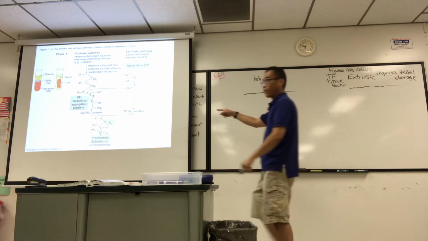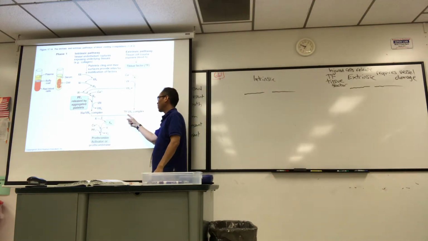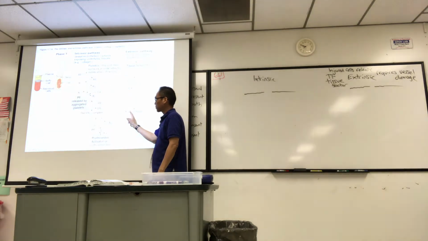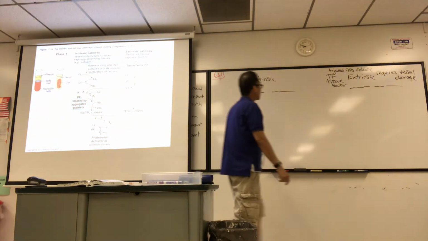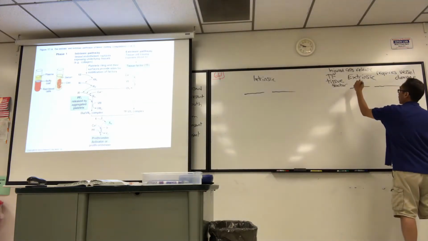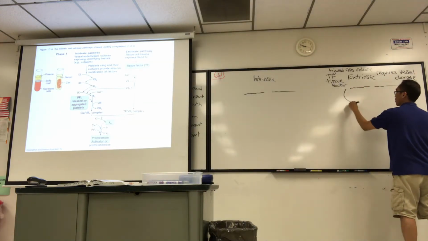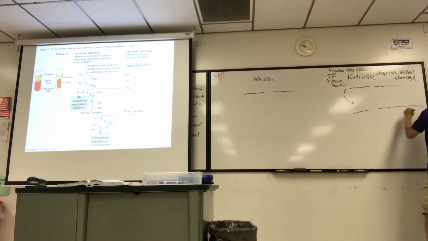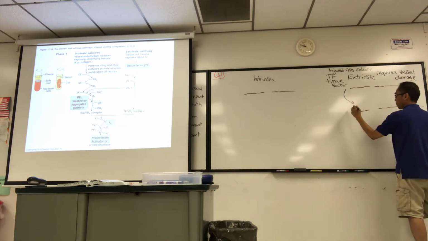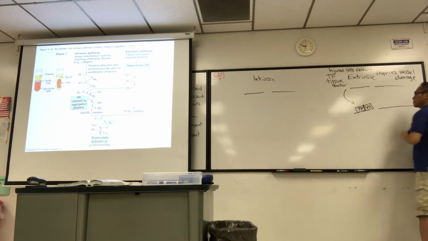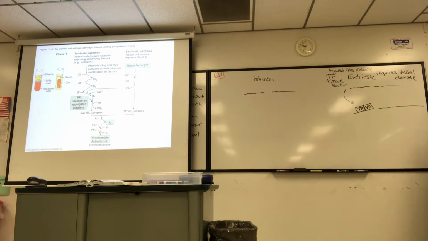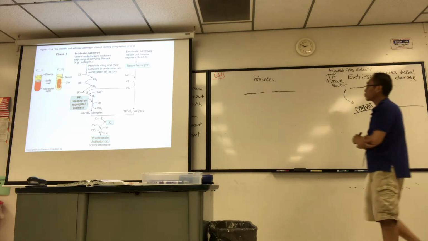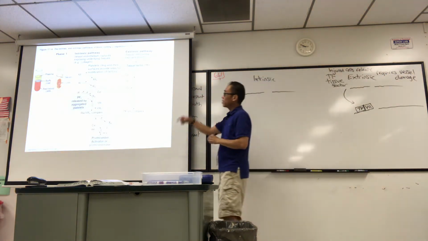If you look at the complex that forms, you get a complex that forms with tissue factor and factor 7. So I want to draw a little step here. Flowing blood sees the tissue factor, and basically you get a complex that forms, TF and factor 7, VII. That's a complex that forms for the extrinsic pathway. For the intrinsic pathway, there's all these things that happen. It looks like